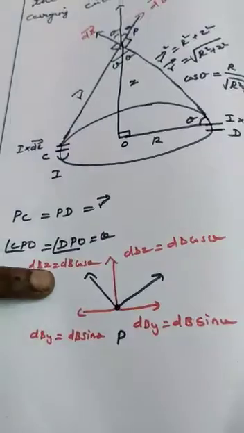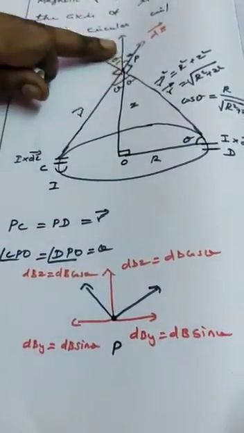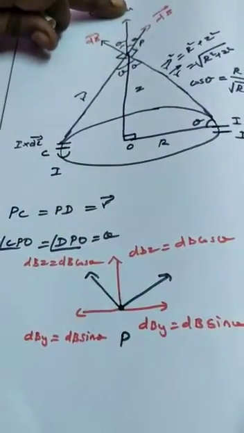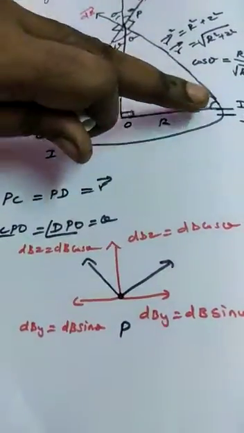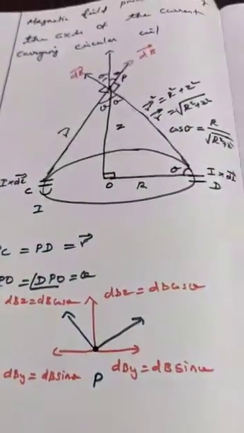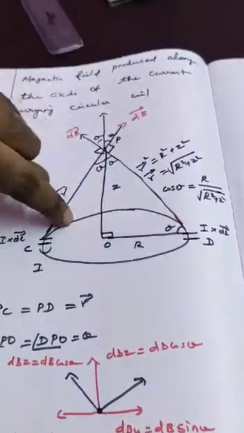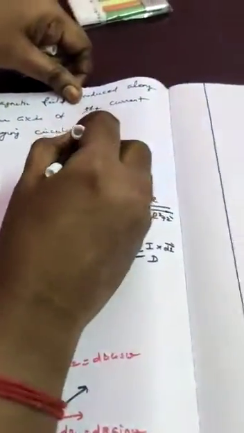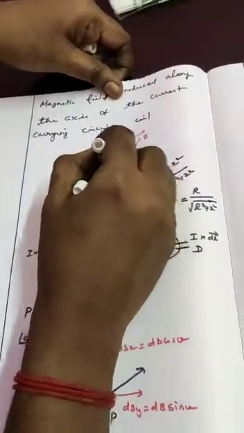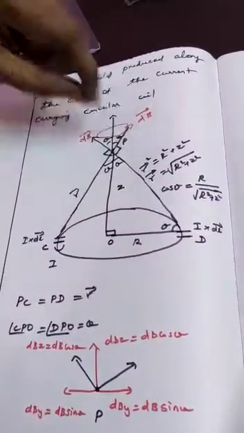And this dB cos theta and dB cos theta are equal in magnitude and the direction is the same. That's why they are going to lie along the line OP. So the resultant we are getting here. And to find the whole magnitude of the magnetic field, we have to integrate over this small length element. So when this small element is integrated, the magnetic field also sweeps like this in the form of a cone. The magnetic field we are getting at the point P.